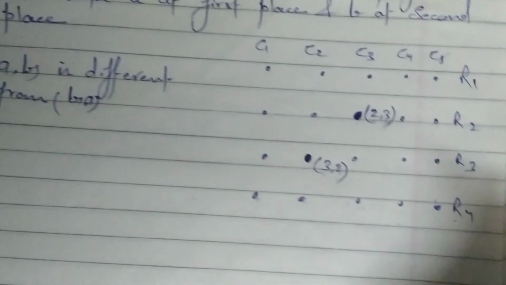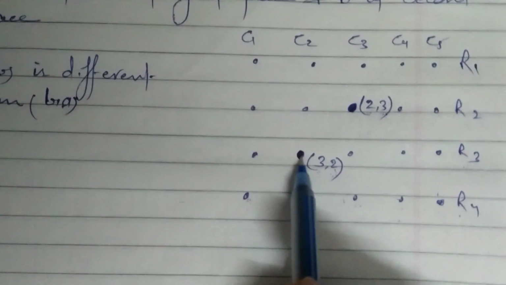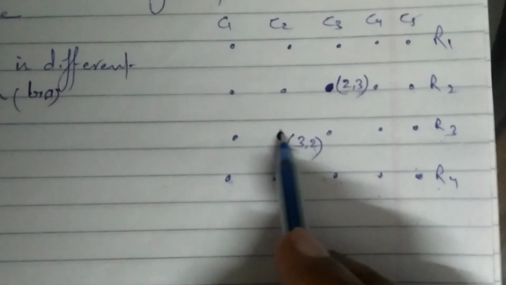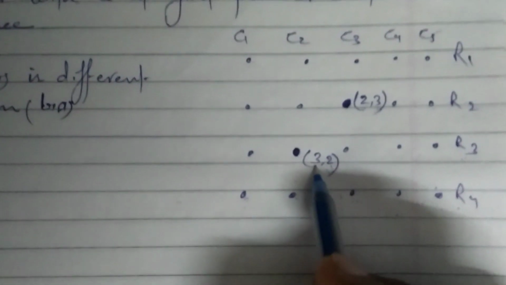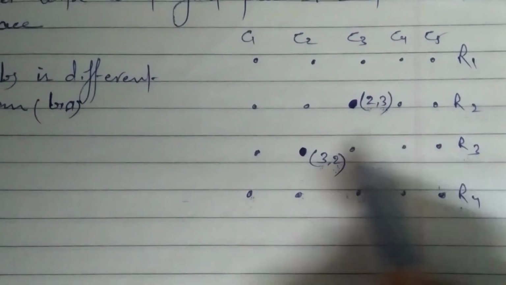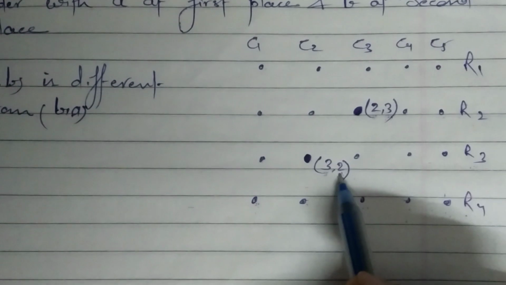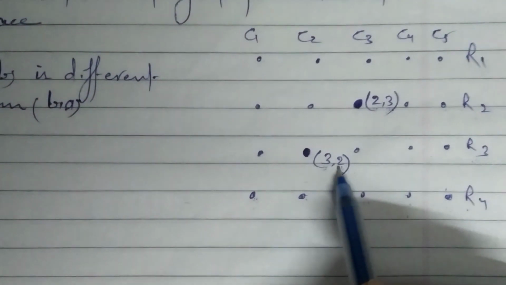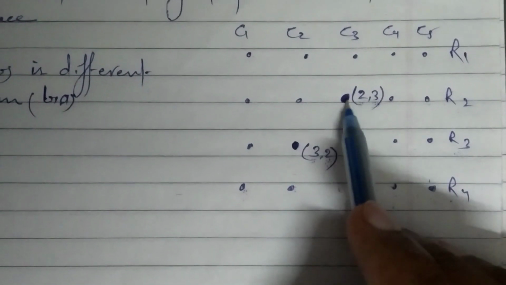Fine. Similarly, if you see the (3, 2) ordered pair, this (3, 2) is showing the position of this seat. Since we have taken, in this ordered pair, on the first position number 3 from the row side, because this is the third row. And the second number which we have taken, we have taken from the column side, and that is the second column. That's why we have taken 2. Fine. So this (3, 2) is the position of this seat, and this (2, 3) is the position of this seat.